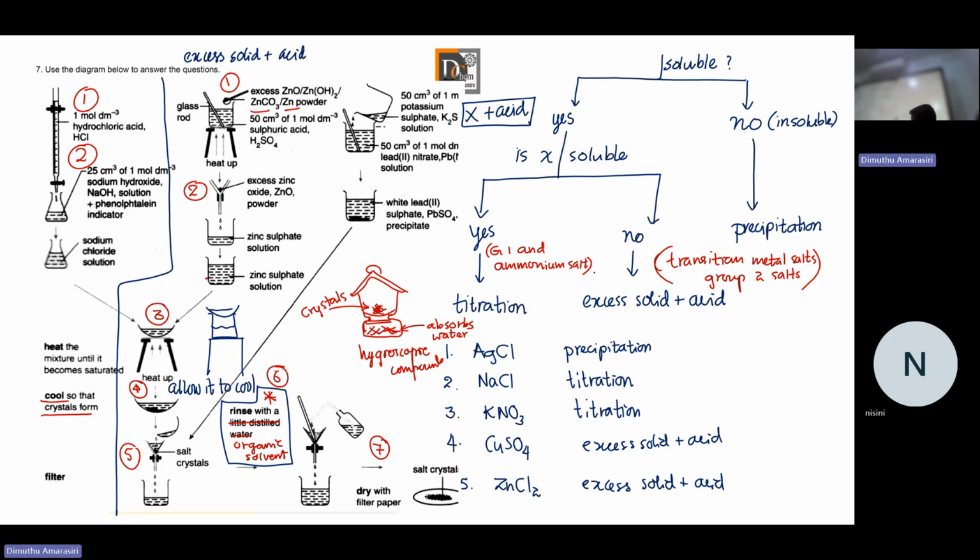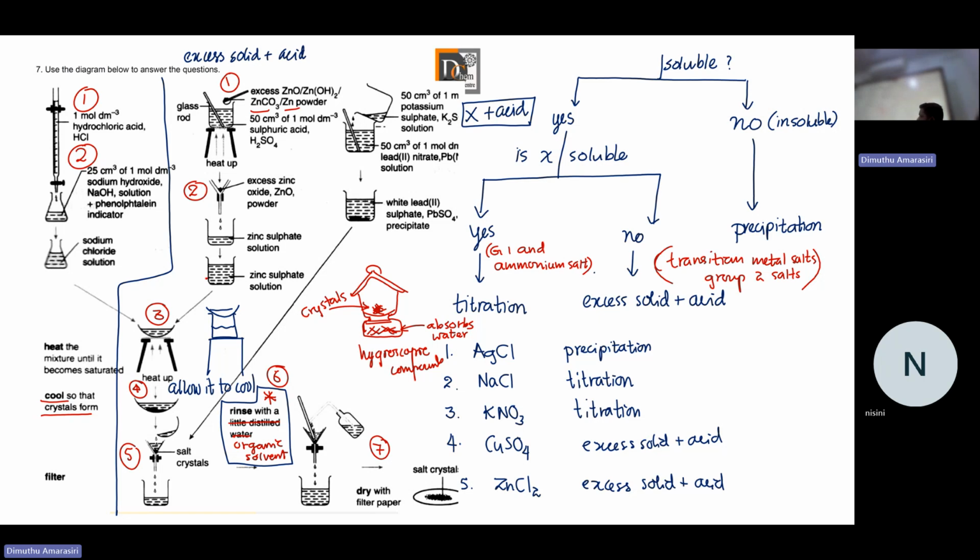And then zinc sulfate solution is subjected to what? Crystallization. What do we do in the third step? You put it in an evaporating dish and do what? You evaporate all the water? No. You evaporate a lot of water, but you don't get crystals actually. You have to allow it to cool to produce the crystals. Step 4 is to allow it to cool to produce more crystals. Once the crystals are obtained, what do you have to do in step 5? You have to filter it again.